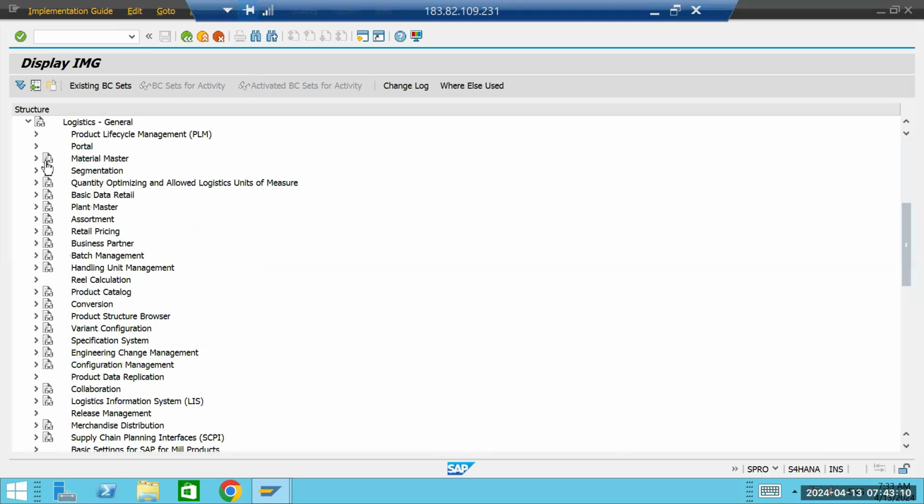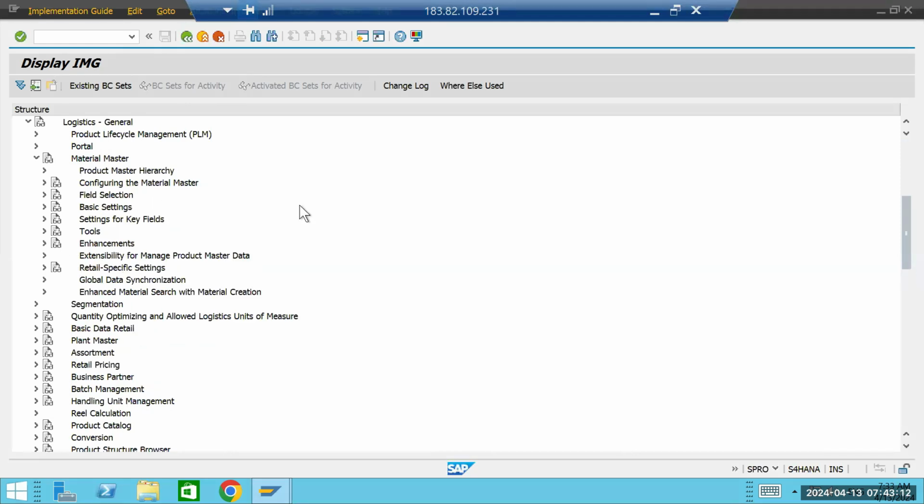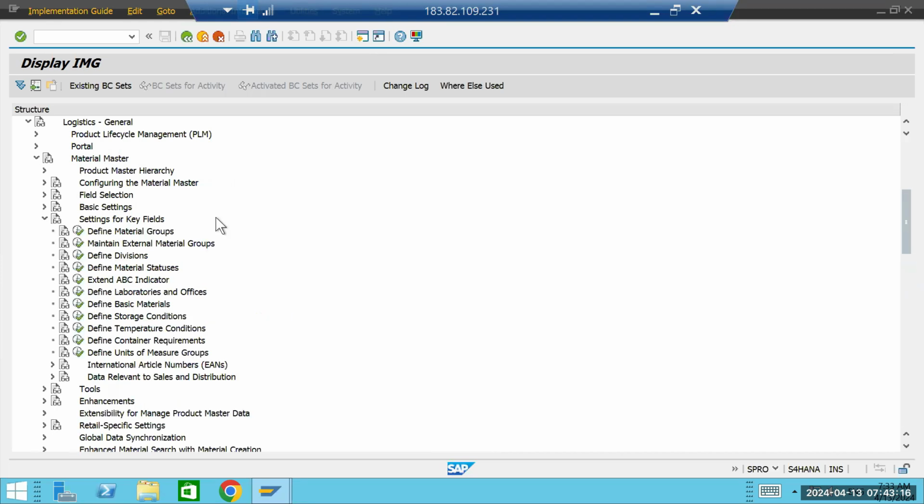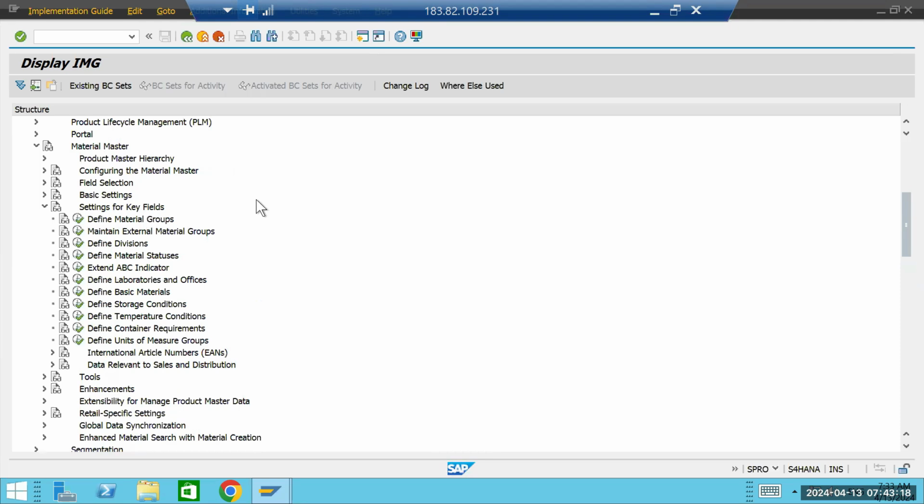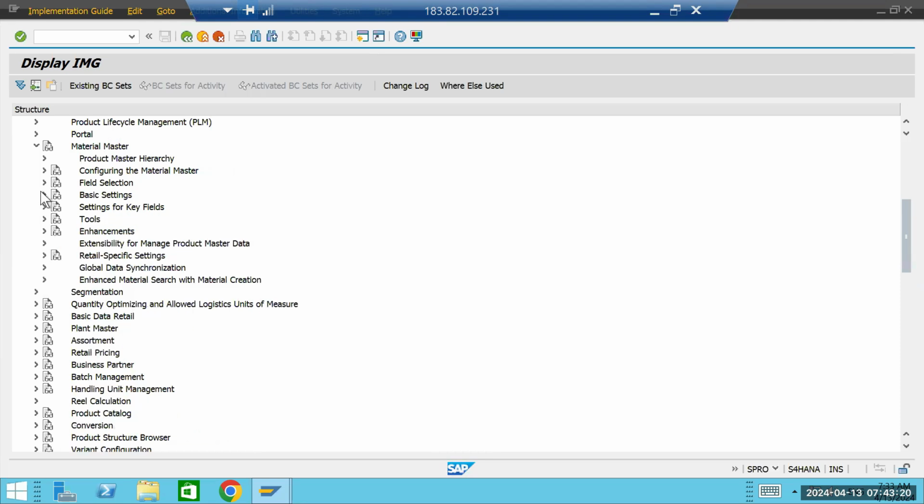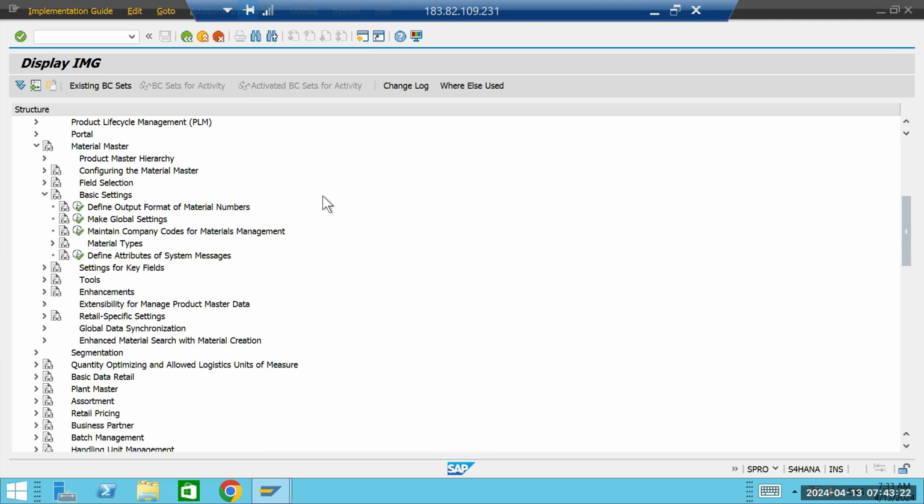In Logistics General we have the Material Master. In the Material Master we have the settings for key fields. Sorry, not this one, basic settings. In the basic settings we have seen maintain company code for material management, the material type, and the material type control function. So inside the material type,